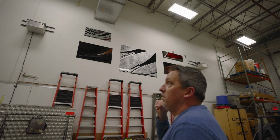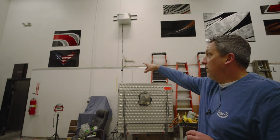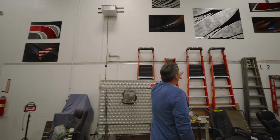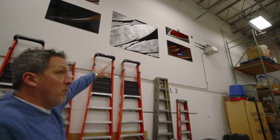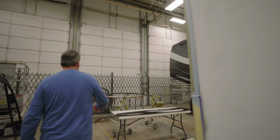There's a lot of coaches out there that are great paint jobs. Our competitors, great paint jobs. We all do. This industry is just knocking it out of the park with these beautiful paint jobs. I feel like Marathon has really stepped it up. From the American flag coach, there's a rendering of the eagle from the front of it, to something as dynamic as this. We have done some amazing paint jobs over the last couple of years. This industry really is setting the standard when it comes to toys that are painted. Boats, motorcycles, trailers,